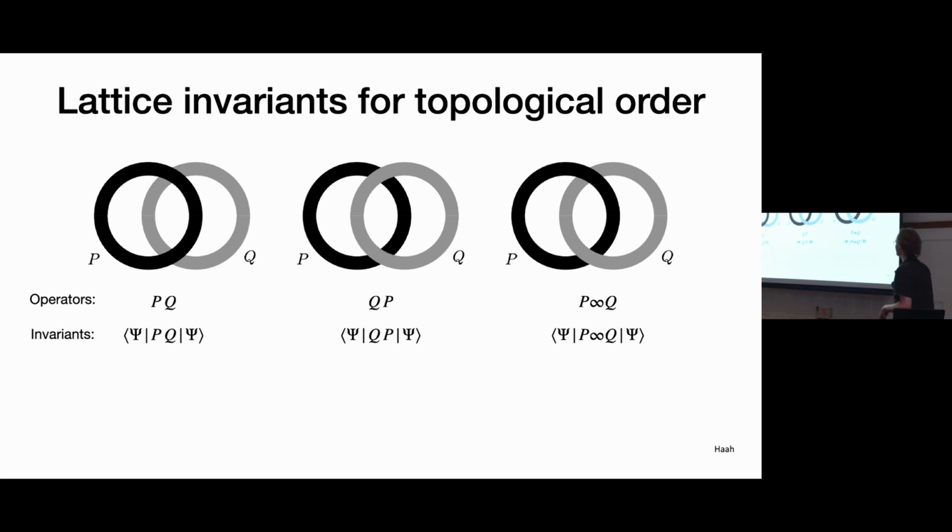Good. Yeah. And so the thing I wrote on this line was these funny operators. You can multiply Q then P, P then Q, or you can do this funny twisted product where you do half of P, half of Q, and then undo it. How do you turn these into these topological invariants that will tell you something about your state? Well, essentially you just take one of your ground states and you sandwich it with this operator, and you see what it gives you.